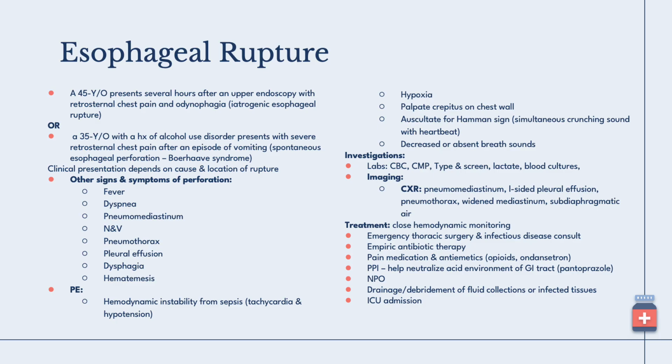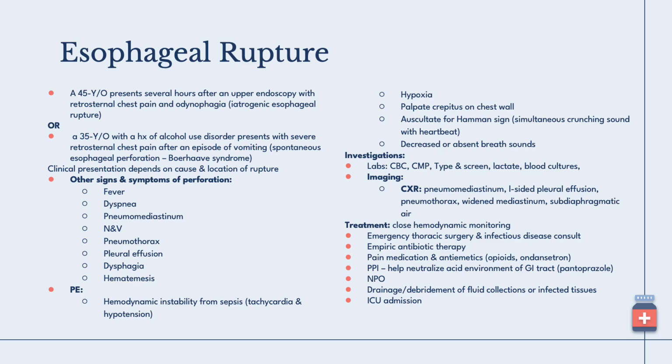Investigations, so CBC, comprehensive metabolic panel, type and screen, lactate, blood cultures. You may want to do an ABG as well. Imaging, so chest x-ray, look for a pneumomediastinum, left-sided pleural effusion, or a widened mediastinum, or any kind of sub-Q air that may be present. Treatment, so really close